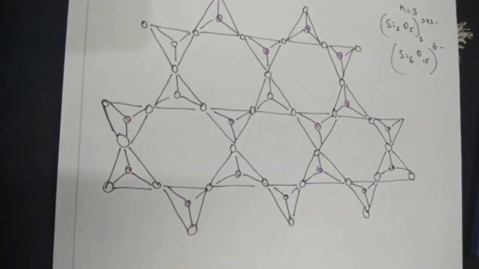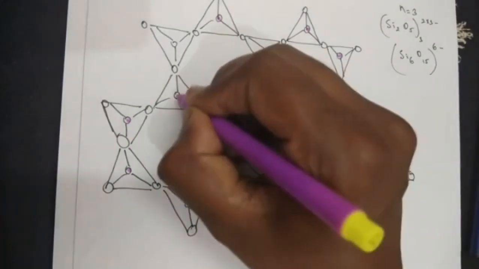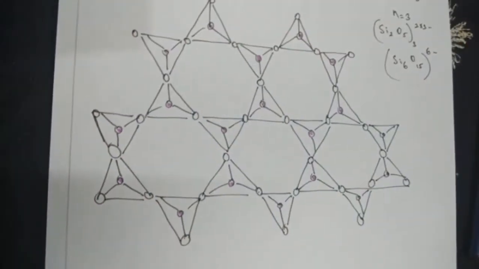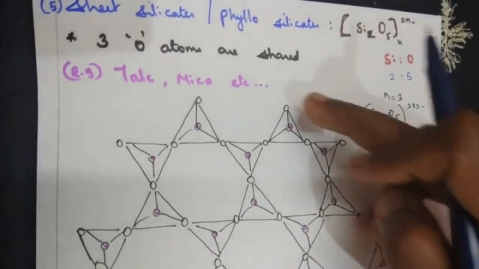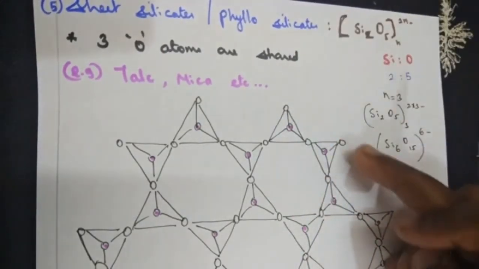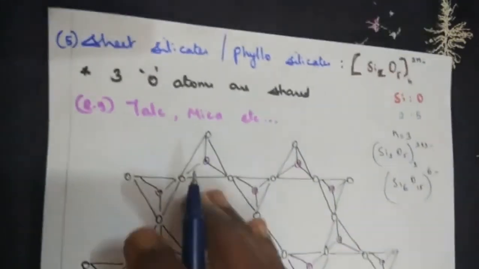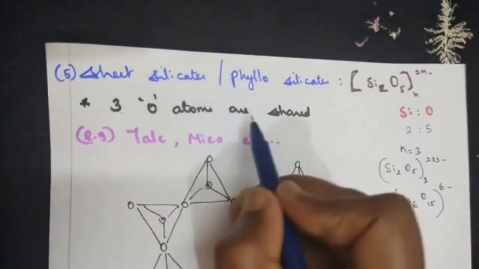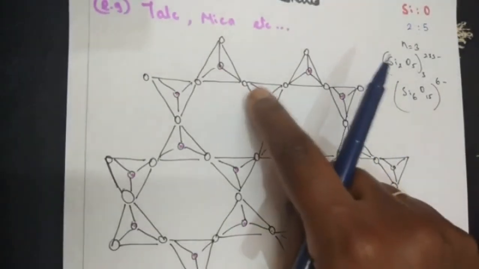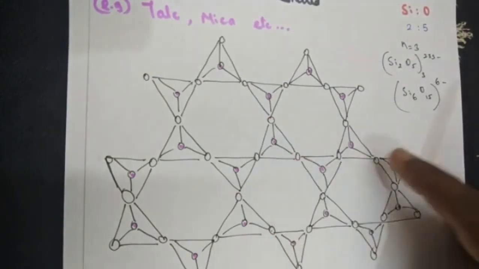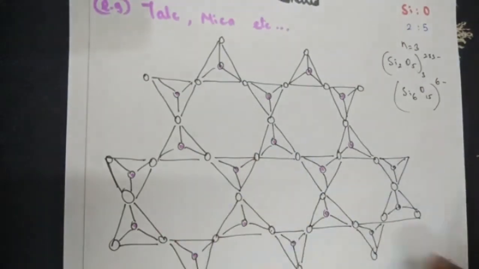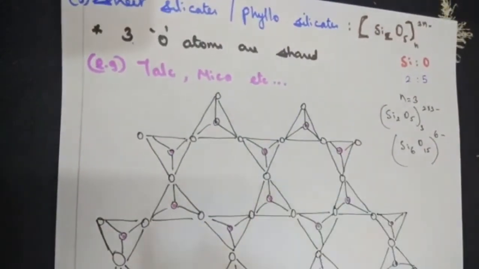Okay. Now if we go to calculate the charge of it here. Now where will be the charge? Now as I told you, this unit can be linked with one more. So that's how we are saying 3 oxygen atoms are shared. Now if you look at the middle one, 1, 2, 3 oxygen atoms are shared. So on all the sides the units can be enlarged. So here we say 3 oxygen atoms are shared.